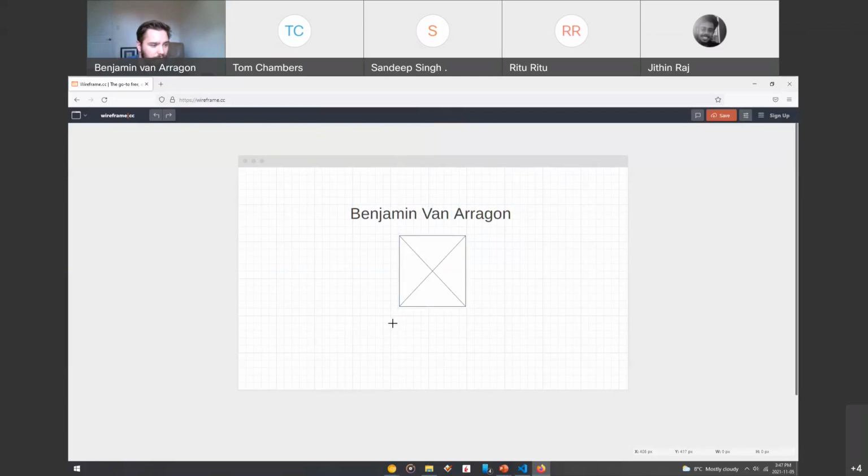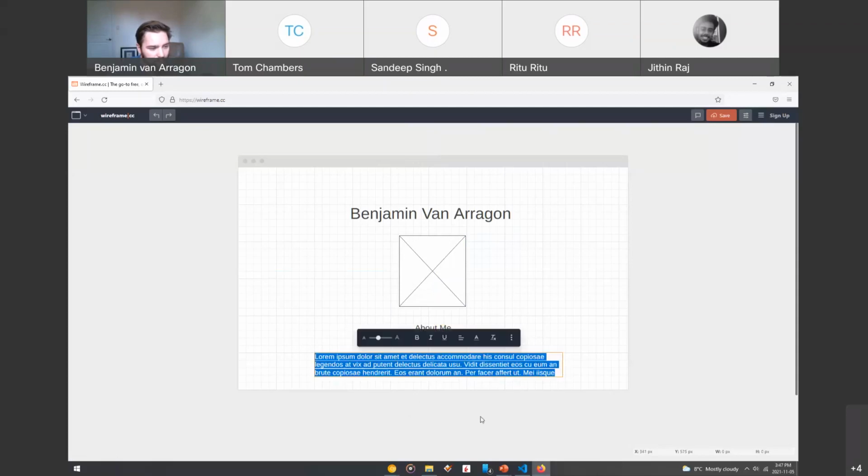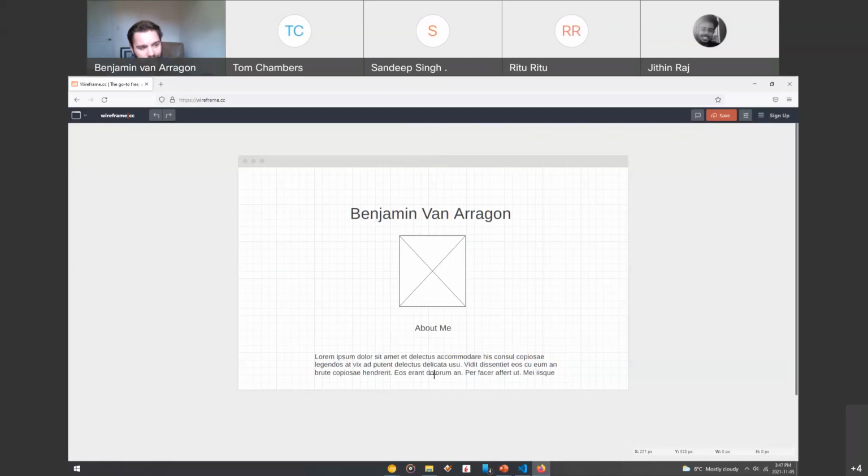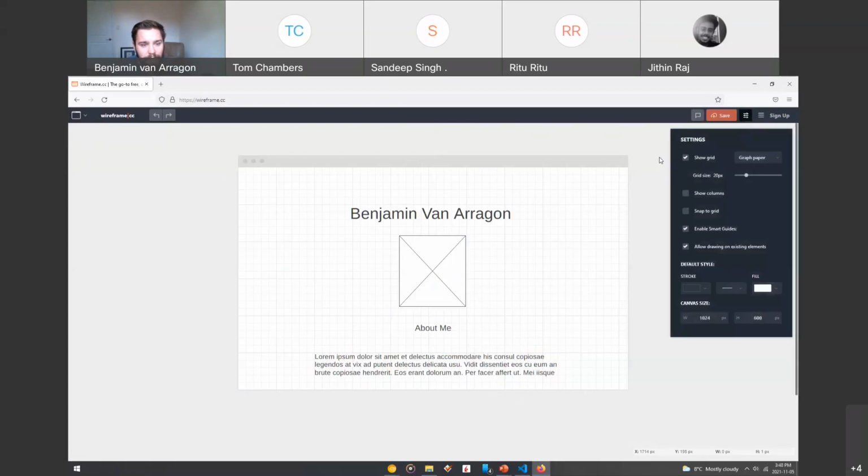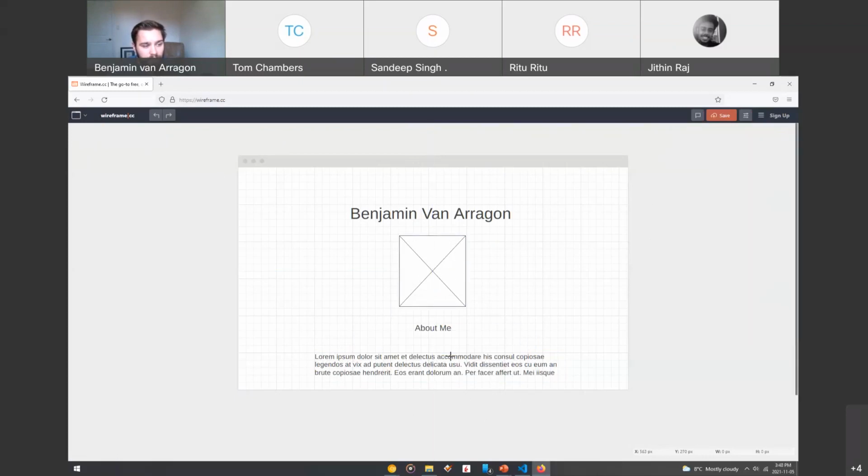And then here we could have down here a little bit about me. So this would say about me, center it a bit bigger, done. And then we can have maybe a paragraph about ourselves. And then that's where we can just put in whatever junk text, right? And then if we wanted to have another page, you could obviously save this and upload it to the cloud or something like that. If we wanted to make a page with stuff about our projects, we could just change